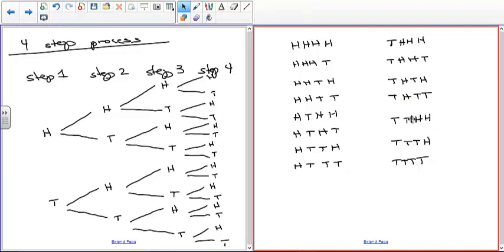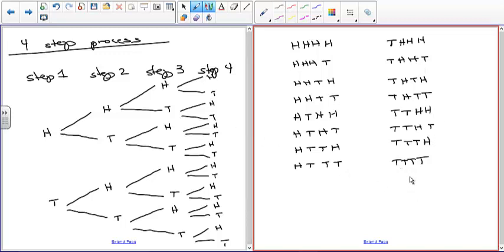Don't know why it didn't let me group that thing. Okay, so let's make sure I got this in the right place. This one's this one right here. So I've got tails, tails, tails, and tails, heads, tails, tails, heads, tails, tails, tails. Okay, so now we have 8 more. So you see, there's a total of 16 different arrangements.